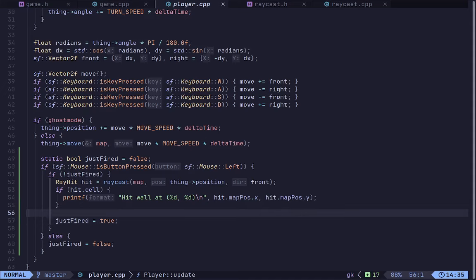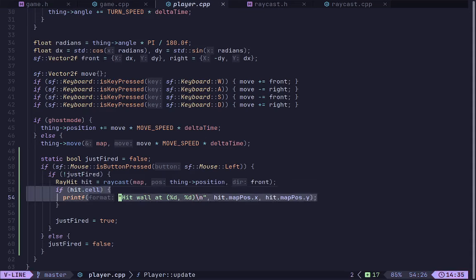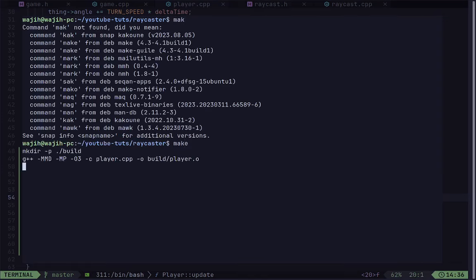Anyway, so if the player can shoot, what we do is we use ray hit, and we just use raycast to get the hit, and for the position we just pass the position of the thing, while for the direction we just pass this front direction that we have calculated here. And the next thing we do is we check if our hit.cell was hit, and if it was hit, then we go ahead and just print that hit wall at this position. So we just do that, and if I go ahead and run make here,